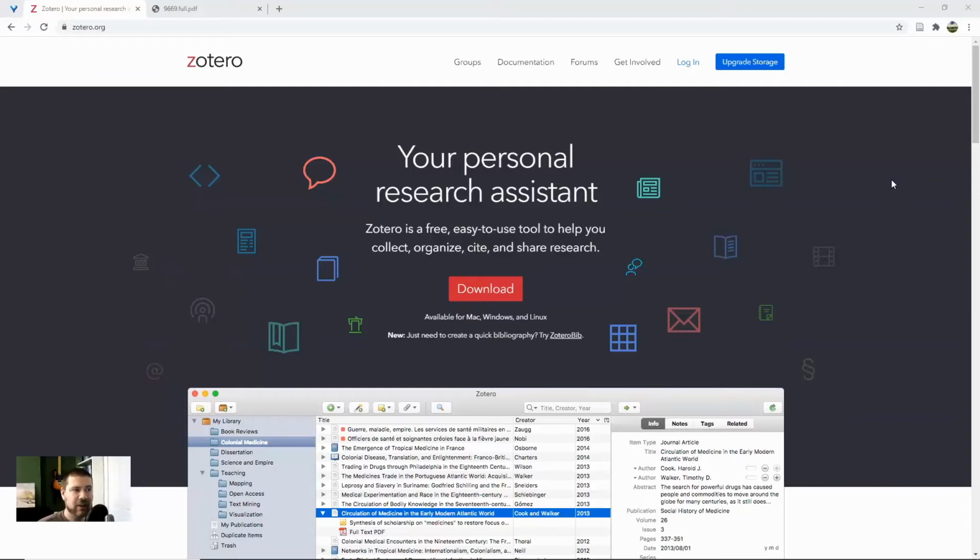the moment, Zotero. Now, Zotero is a free bit of software that can help you to gather and organize your research, but more importantly, it can help you to automate the process of creating a bibliography. So if that is a skill set you're not familiar with at the moment, I'll show you what I'm talking